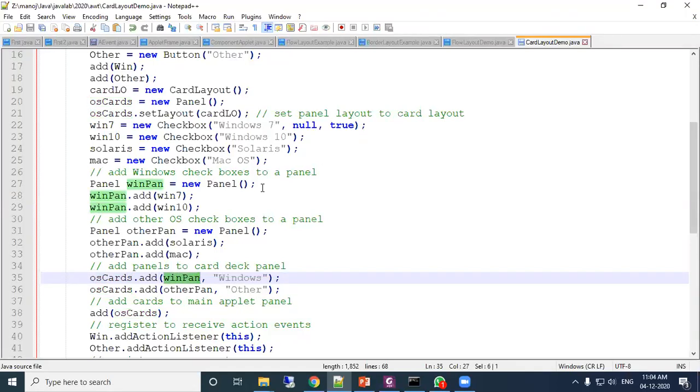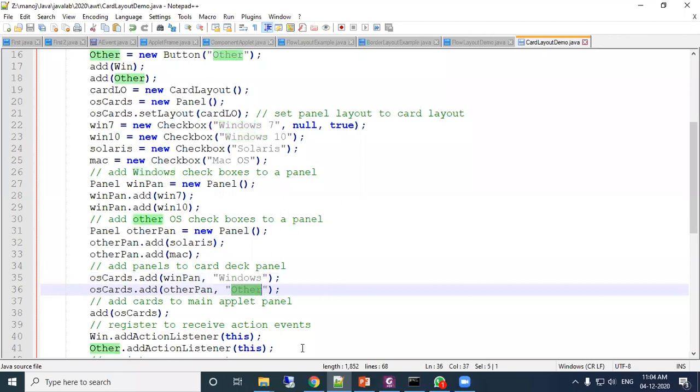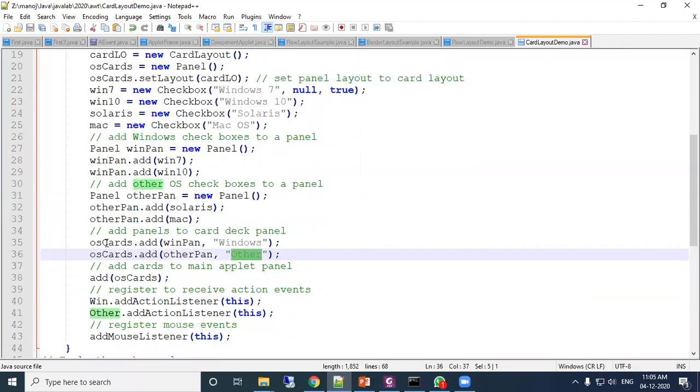That means, see here, OSCards is a pan, WinPan is also a pan, but this pan, WinPan, is added inside the OSCards pan. This means it is a sub pan, you can say sub pan, and the name is Windows. Okay. Similarly, OSCards.add(otherPan), with the text "Others". So after adding these pans to the OSCards, then add the OSCards.